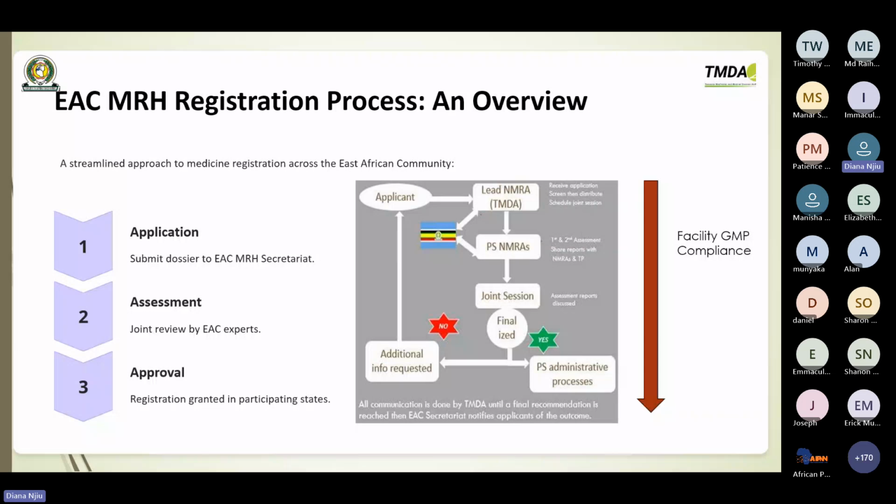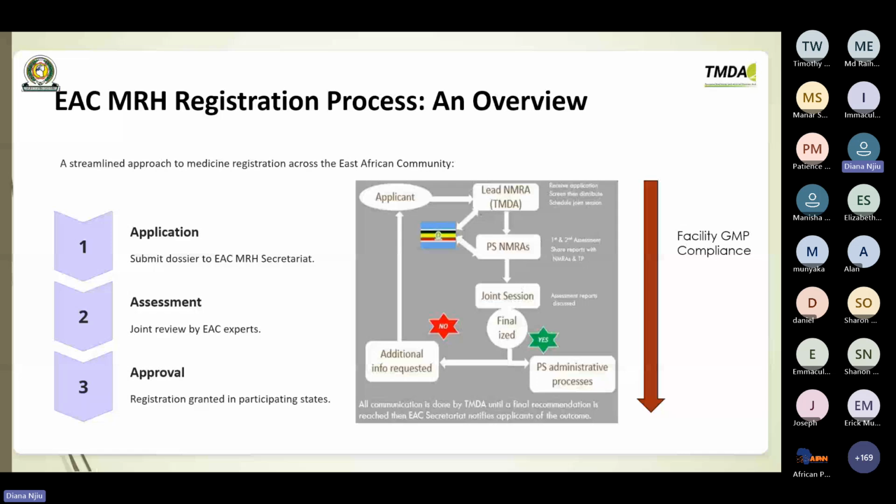Receiving, submitting to them, but the TMDA is the one handling the applications for the EAC MRH, and the NDA Uganda will be dealing with the GMP inspection. So once you submit your application, there will be an assessment part whereby there will be a joint review by all the EAC experts from all the 8 EAC states. Once the review is done and there is enough communication between the NMRAs and the applicants and the information is sufficient, then there will be an approval stage